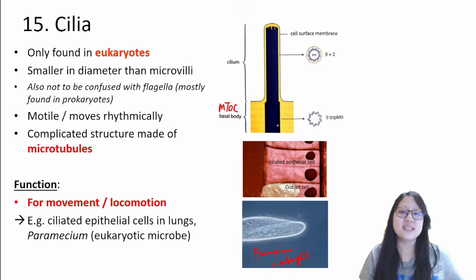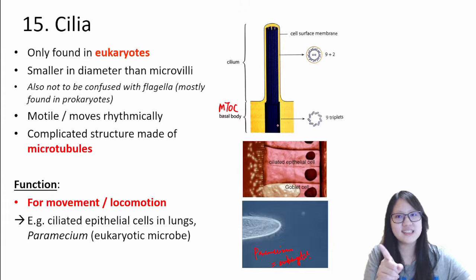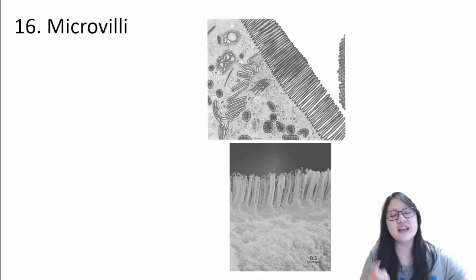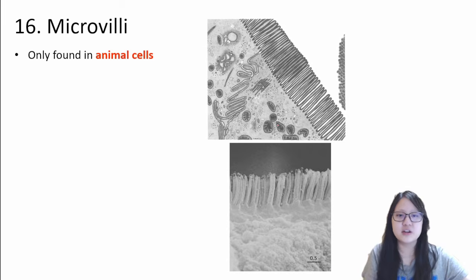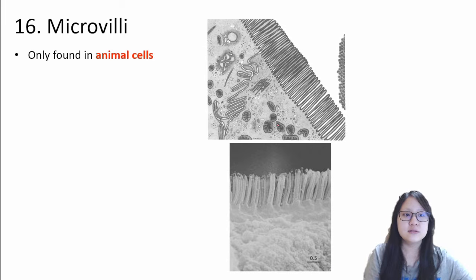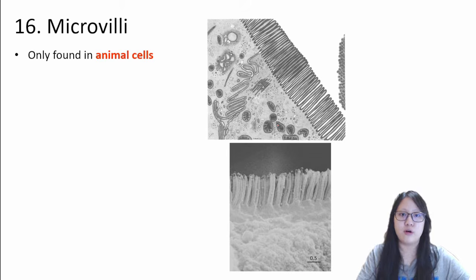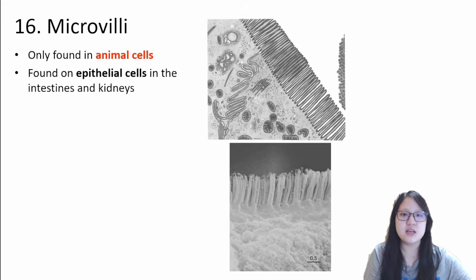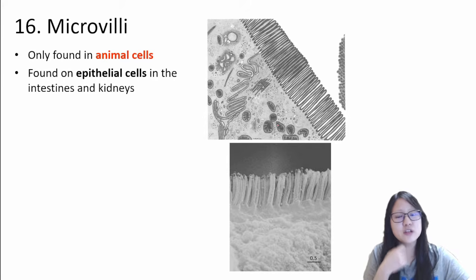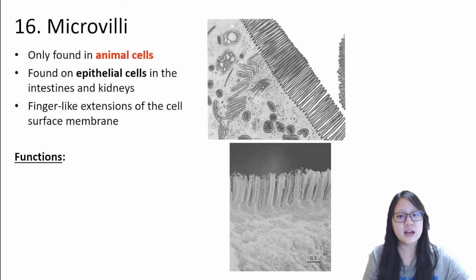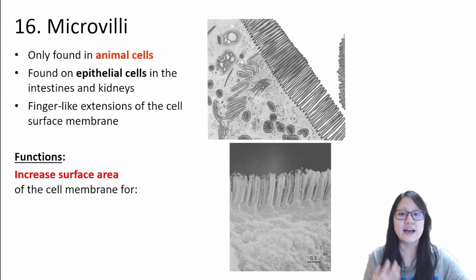So yeah, that's cilia. Last cell structure, microvilli. Now, microvilli is found in animal cells only. Okay, so not in all eukaryotes, but only animal cells, and it is bigger in diameter. It's found on the epithelial cells in intestines and kidneys, and they are kind of like finger-like extensions of the